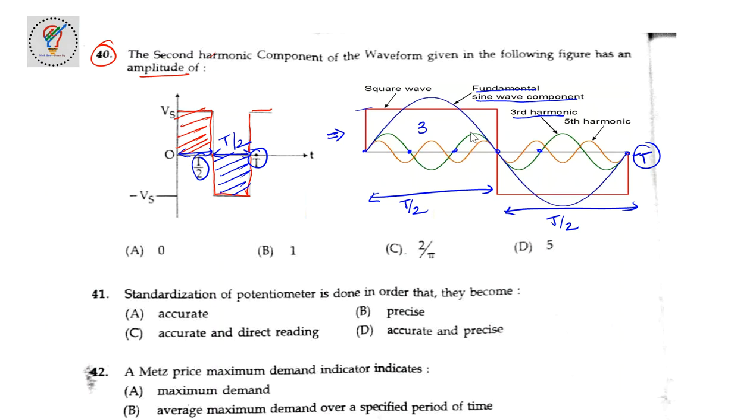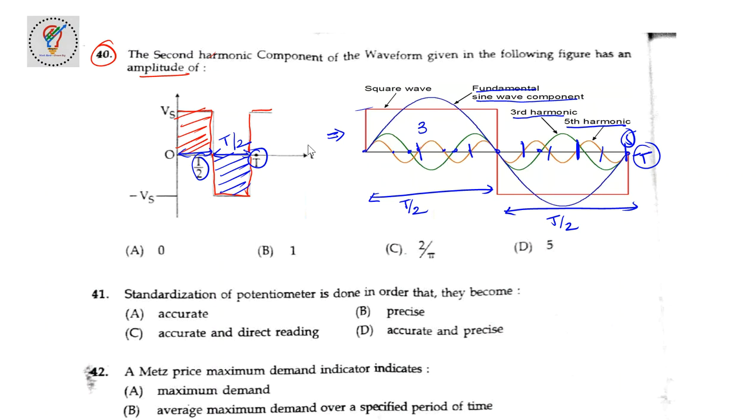Now for example, if you talk about the fifth harmonic, how many half cycles are there? For one complete half cycle, we have 1 half cycle, 2, 3, 4, 5. If you talk about the full cycle, 1 half cycle, so 1 complete cycle, 2, and from here to here 3, and here it is 4 like this. So 1, 2, 3 here and 4 here, and 5, sorry, make a correction, 5 here.